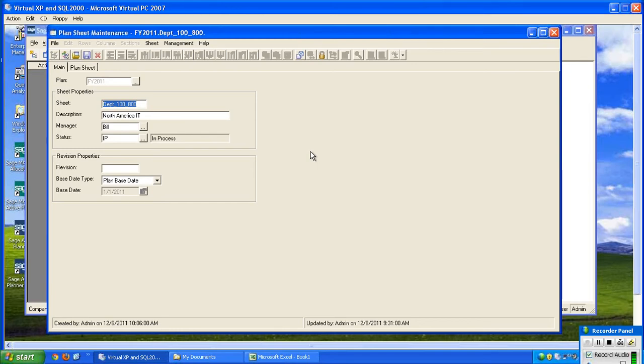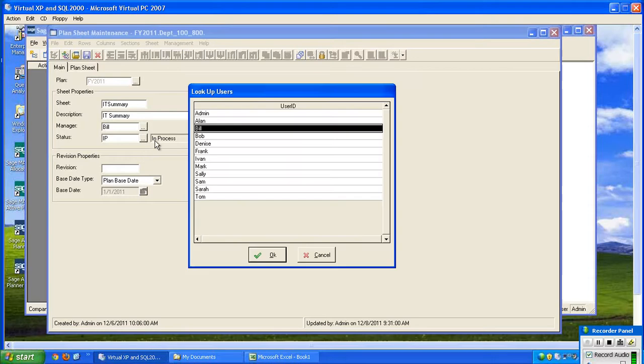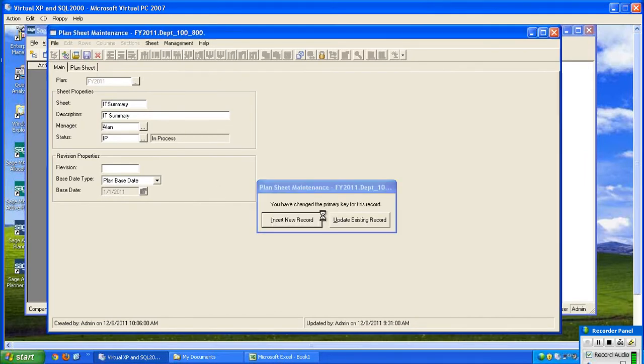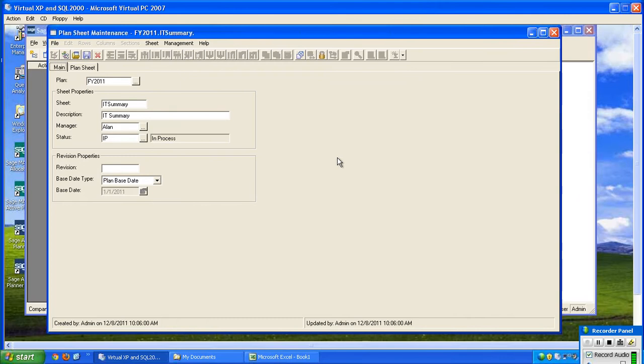So let's make this IT summary as a sheet key, and we'll just use that as a description as well. And we'll assign Alan, who manages the entire department, as a sheet manager. Save that, insert a new record,